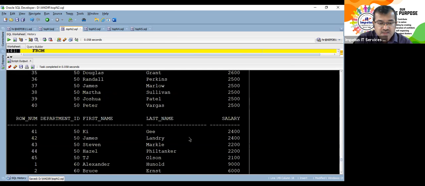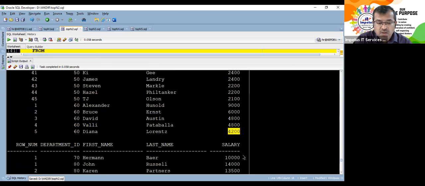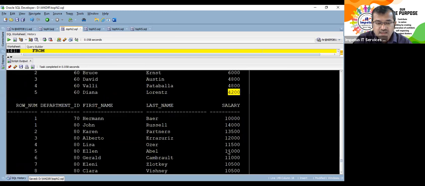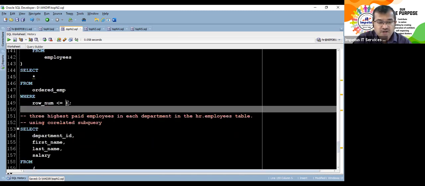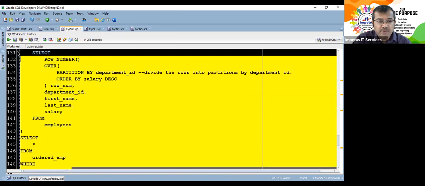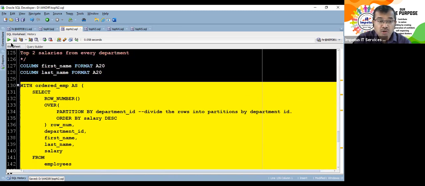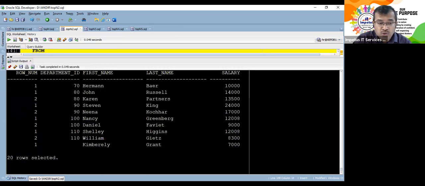Moving on to department number 60: 1, 2, 3, 4. That's also lucky. So let's take top 3, or top 2, because then in department 60 there will be a problem. Okay, let me say top 2 less than or equal to. So top 2 earners from every department is what I'm going to take. Who is the person? I'm not interested in what the top 2 salaries are. Top 2 earners in every department.